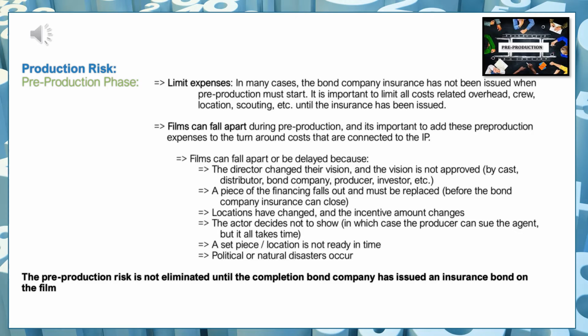So we also need to prepare a plan B for certain financiers who may or may not come through for us. If we, for example, haven't seen a proof of funds from someone, or if someone is dragging their feet in regards to negotiating their finance deal with us, we need to have a few plan Bs in line in case some of these sources fall short last minute. It could also be that we're changing locations last minute because the incentive regulations have changed in a certain location where we're planning to shoot.